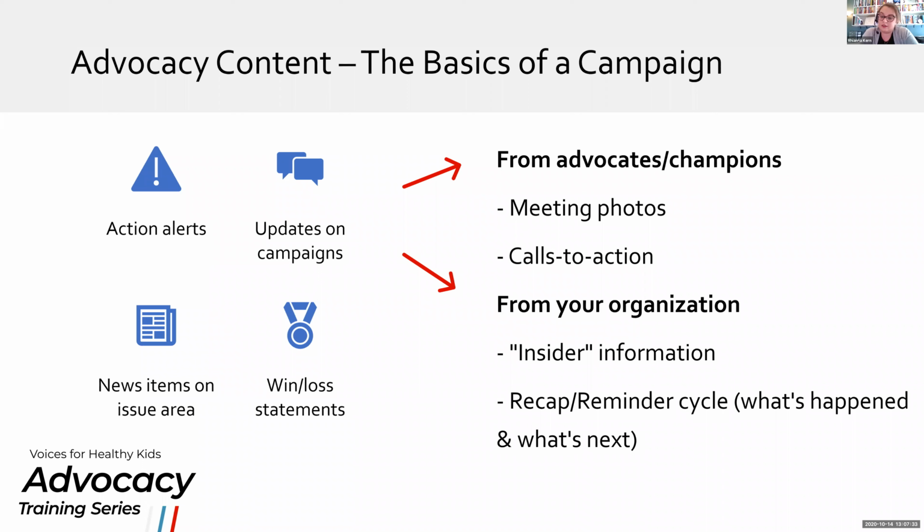So this is essentially the, in case you missed it, our issue was supposed to move out of committee last week, but we got bumped. So as a reminder, our next step is that we need it to be taken up at the next meeting, those types of messages. And these are really helpful for an asynchronous communication technique like social media, where people are often only catching about 10% of what you're saying. So recapping them on what happened recently and reminding them what happens next is a really easy way to keep